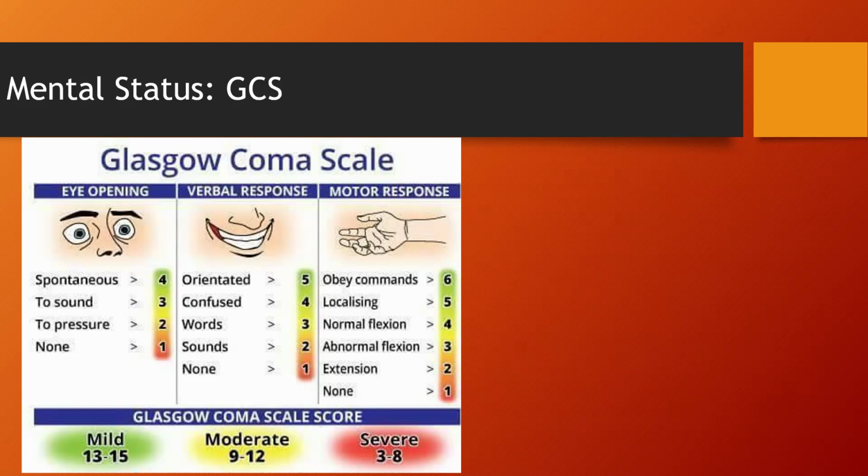Normal flexion means that they move away from pain. They don't point to the pain, but they can at least move away from it if you touch part of their body that would be painful. Abnormal flexion would be moving away from something in an abnormal way, and extension, which is definitely a little bit worse, is when you extend towards the pain, which is typically a neurological finding. So the lowest GCS you can have is 3 for unresponsive, and the highest is 15. If the patient is fully alert and oriented, they should be 15. If they are alert and confused, it might be 14, so maybe 1 less.